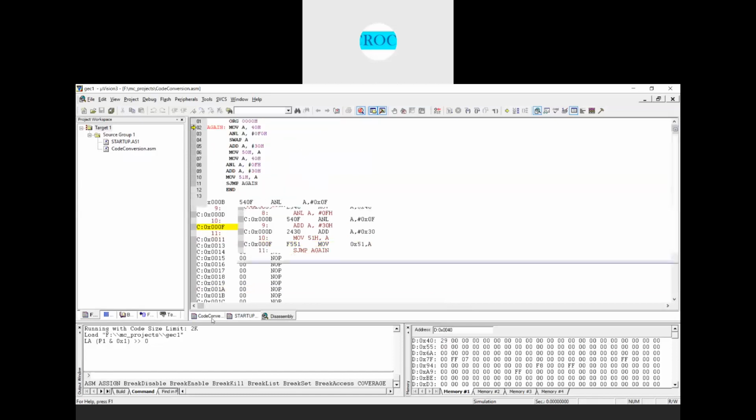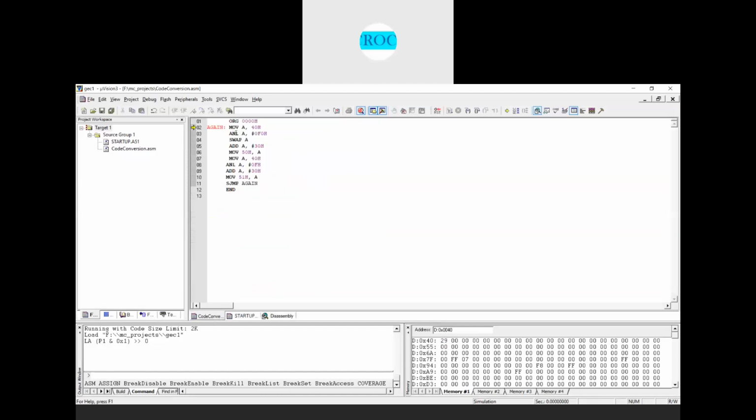So now the first step, if you see, these two operations with ANL are converting the packed BCD number to the unpacked BCD number, right? Now MOV A, 40H: whatever content you have in 40H, that will be moved into the accumulator. In the 40H memory location we have 29, and after execution it will move to the accumulator.